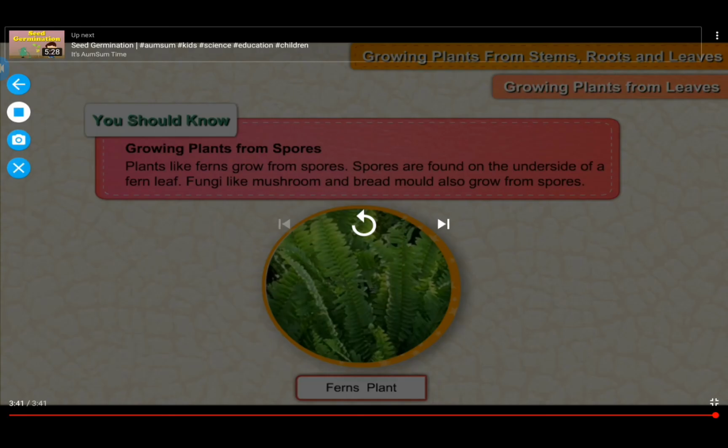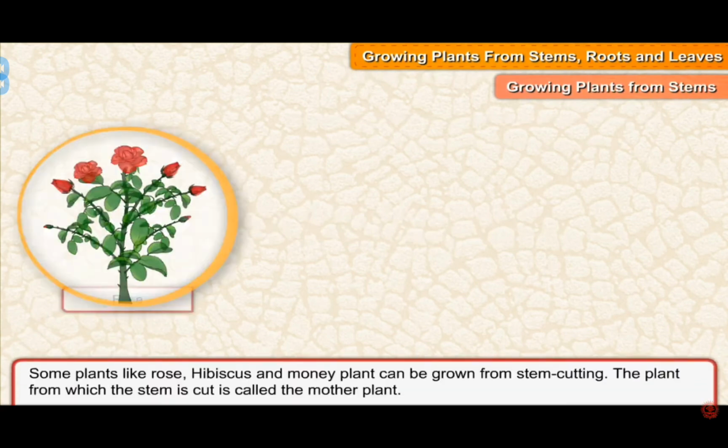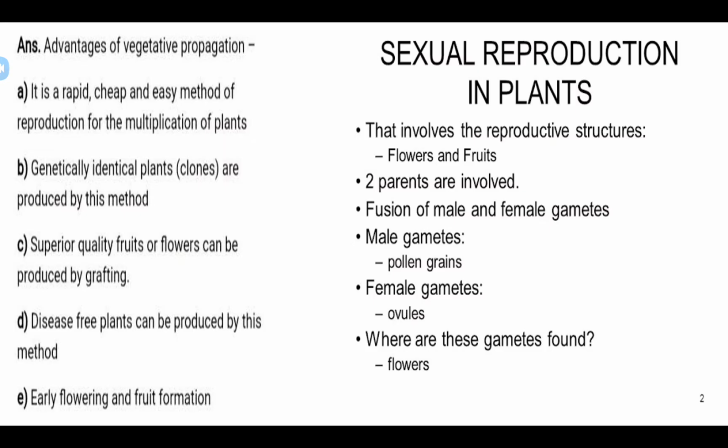So in this class what we learned: growing of a plant from a stem. What is the method? Stem cutting. Next, growing of a potato plant sprouting from an eye. I just cut a small portion with an eye, then keep that in soil or water, and then you can get new plants. One more, bryophyllum we read. Then one more thing we have to learn: budding, fragmentation and spore formation.